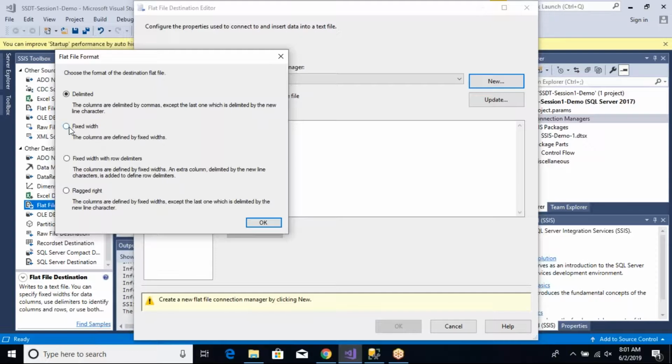Then there are fixed width flat files where you define a fixed length for each of the columns, and it specifies those many bytes all the time. So that is a fixed width file. Fixed width with row delimiters: if your rows are separated by a distinct delimiter, you can define that. Then there's another kind called ragged right. So this is a strange thing. It has columns which are defined by fixed width, except the last one, which is delimited by a new line character. So whatever is your option, most of the times it would be a delimited option. So just say OK,